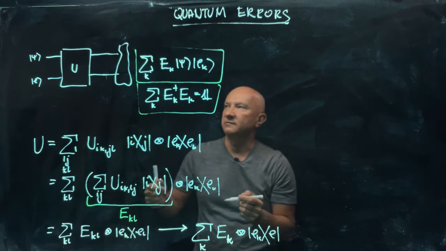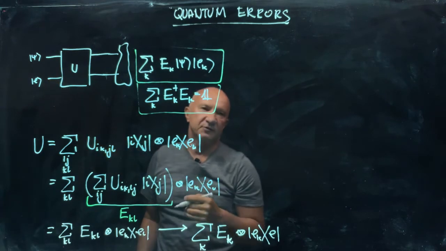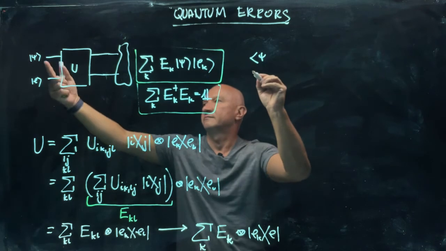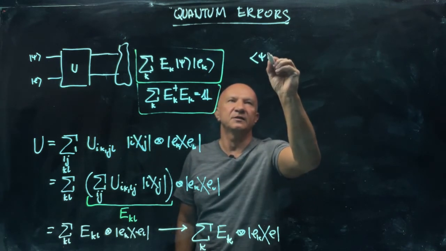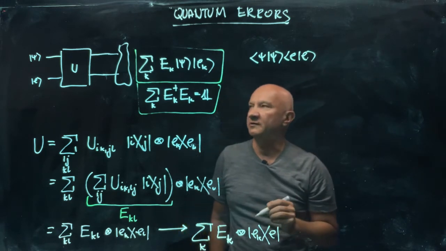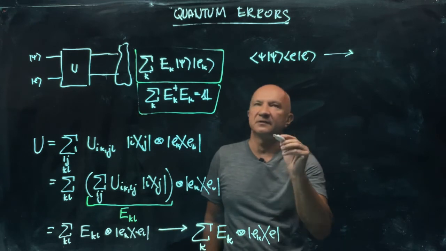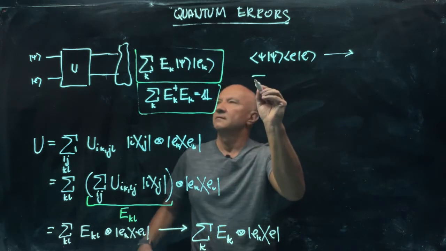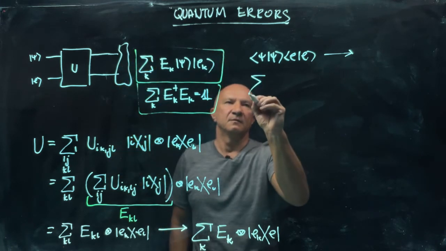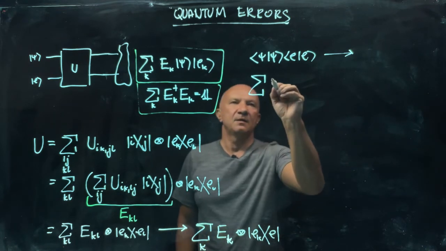If we want to make sure that the state after this unitary evolution is properly normalized, we then require that the input state, psi and E, are properly normalized vectors, and then they evolve into the output. We just have this state here, so the normalization condition is